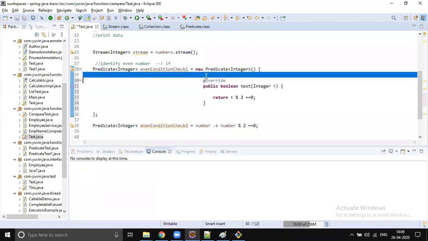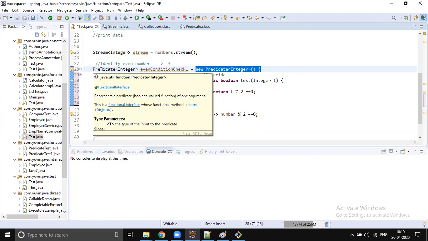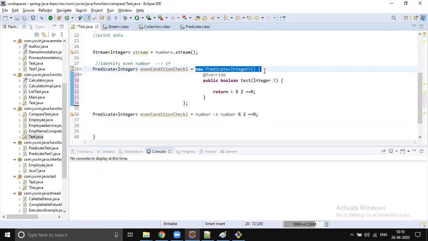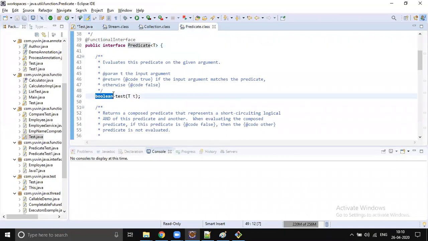First write an anonymous inner class for the predicate, then try to convert that into a lambda expression. How do we convert this into a lambda expression? Remove this new Predicate<Integer> declaration, because on the left-hand side itself we are saying we are providing the implementation for Predicate. Specifying the implementation type is completely optional, right? And the scope is by default public, and the return type is boolean, because Predicate has only one abstract method.